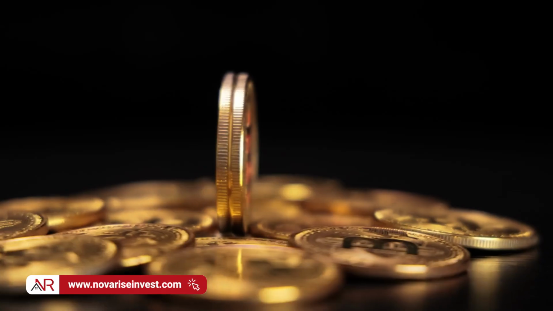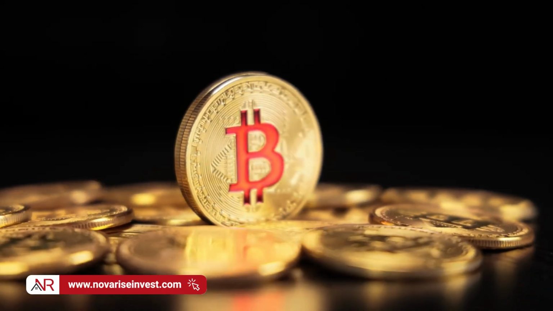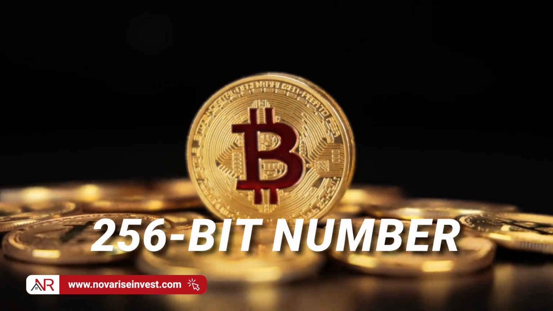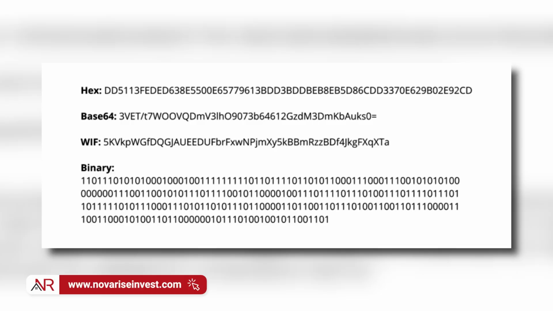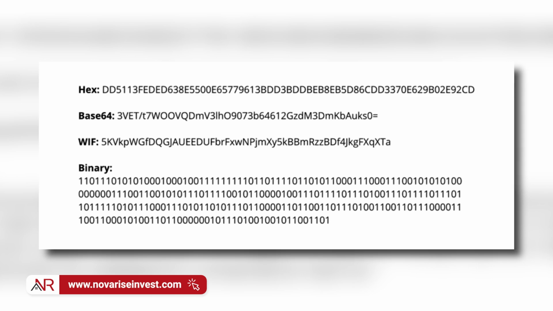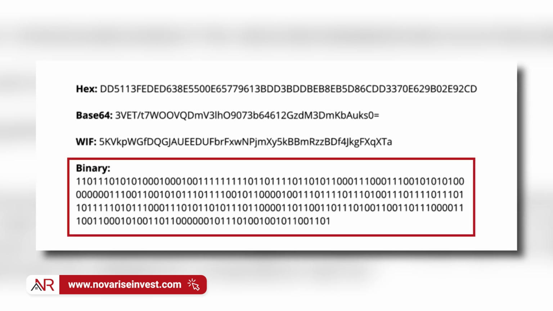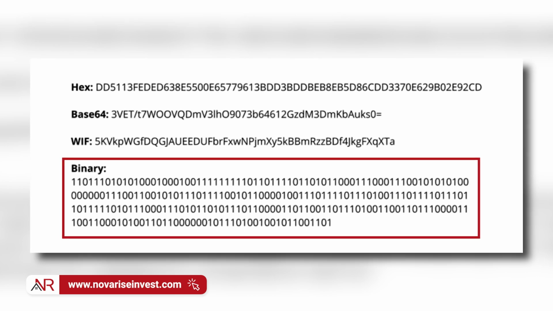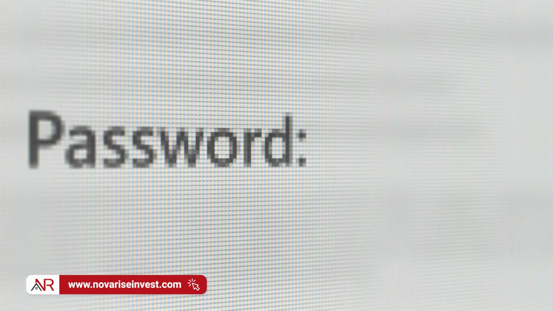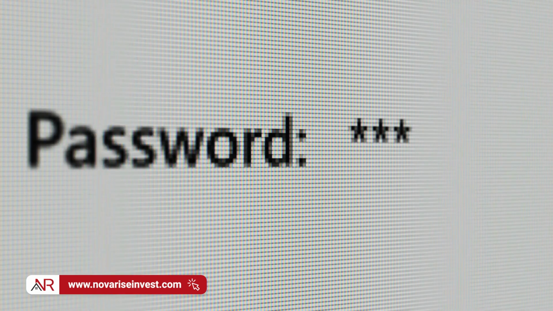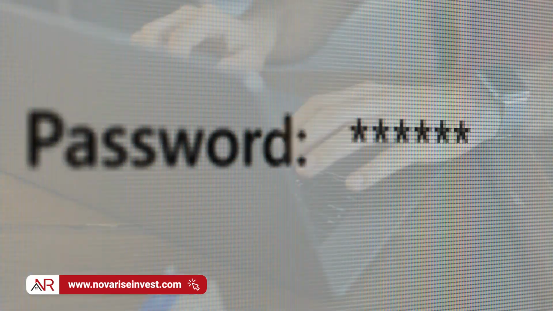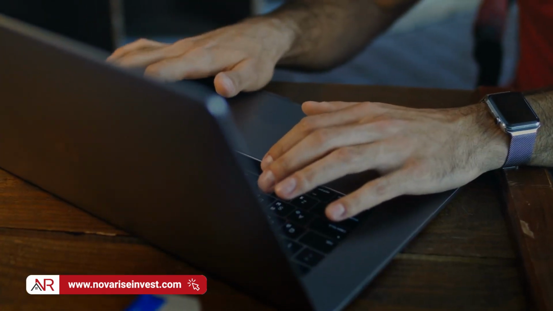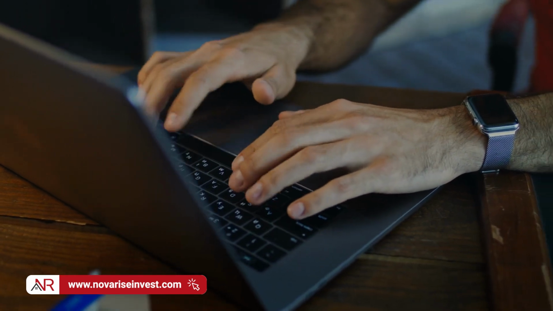For example, for Bitcoin, the private key is a 256-bit number. This means that it is represented by 256 numbers. Those are either zeros or ones alternated in different sequences. But of course, not all the private keys are like that. Usually, for simplicity, it is an alphanumeric code, but it is still very long to remember.